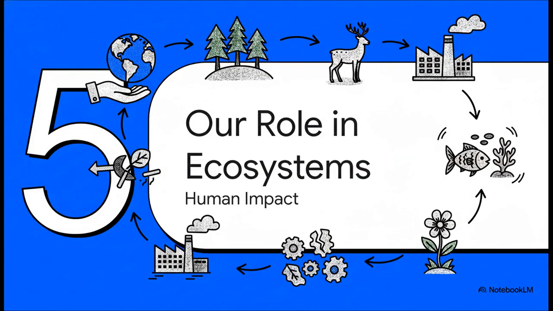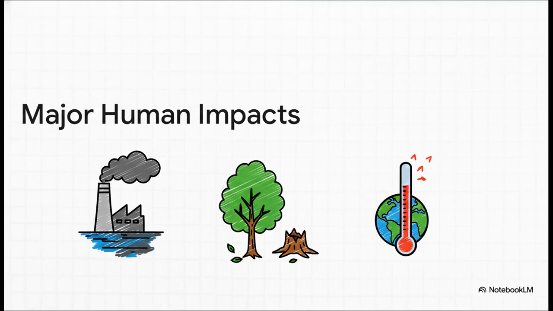Which brings us to a really crucial final point. We aren't just watching this happen from the sidelines. We are active players in these ecosystems, and believe me, our actions have huge consequences. Through things like pollution, deforestation, and climate change, we are often the biggest source of that disruption we were just talking about. So really, understanding how these systems work is step one to figuring out how we can better protect